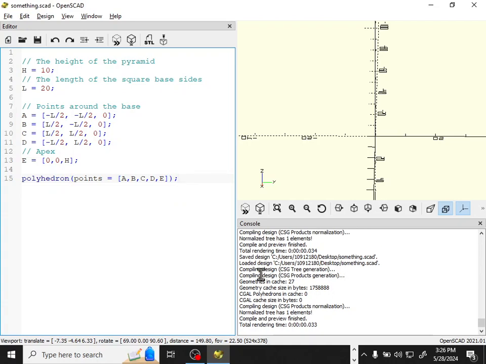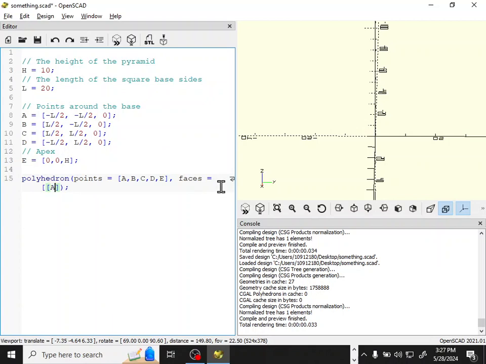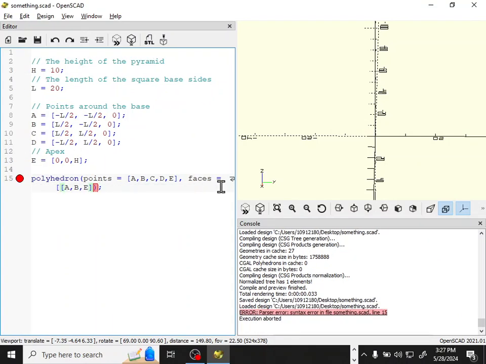because we told it what points we're going to use, but we haven't told it to draw any surfaces between those points. So in addition to points, we have to give it faces. And for the faces, we give a list of faces, and each of those faces will be a list of points. So for example, to draw this face right here, it's going to be points A, B, and E, okay? So if I do A, comma, B, comma, E,